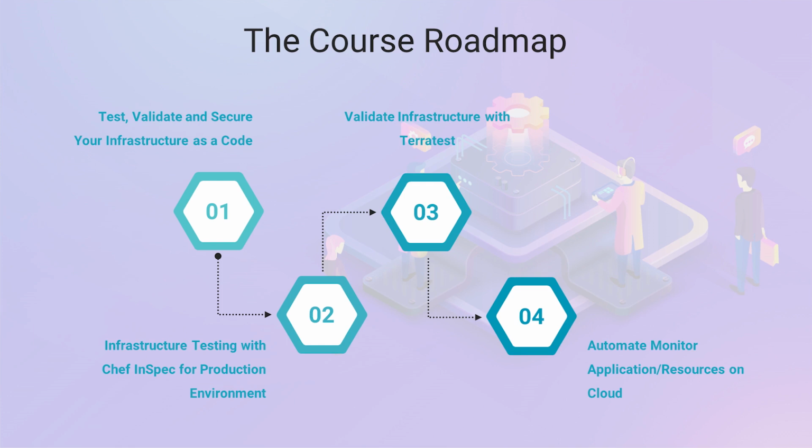In the next module, we're going to start off with infrastructure testing using Chef InSpec for production environment, wherein we're going to talk about Chef InSpec. It's one of the products from Chef, and that's primarily used for testing your infrastructure, be it on Azure or AWS. We then going to start validating and writing our tests using a tool or library called Terratest, written in